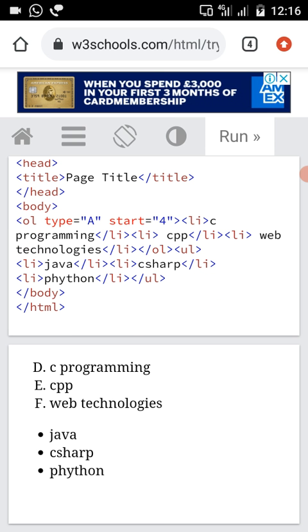This UL tag also has the attribute called type. As I said earlier, you can use the type attribute with the UL tag to specify the type of bullets you like. Traditionally it has three types of bullets. One is square, next one is disc, and the other one is circle. By default we have the full disc bullet here. To change that full disc bullet, I'm using an attribute called type.